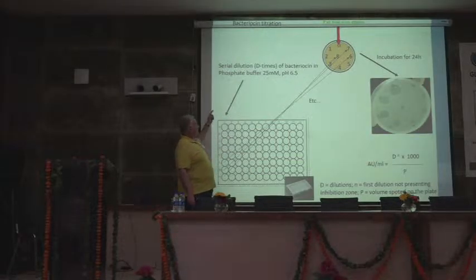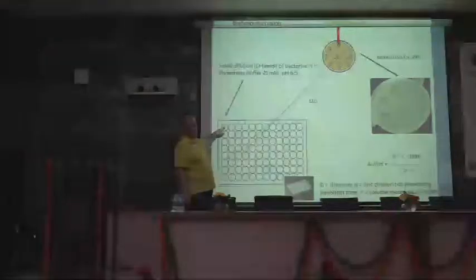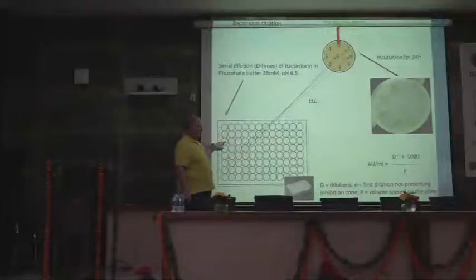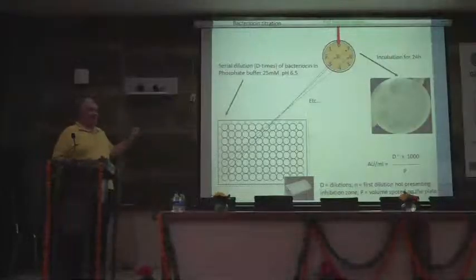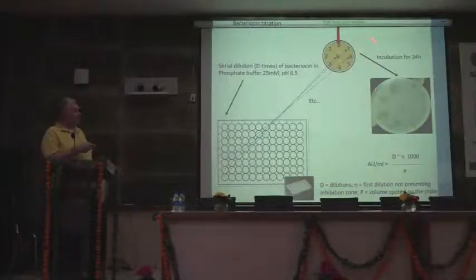Then you take your bacteriocin, your supernatant, and you put the same volume. If you put 100 microliters, you take 100 microliters of the supernatant. Mix, pass 100 here. Mix, pass to the next. Mix, pass to the next. So you're doing 2-times serial dilutions, and then from each dilution you will spot on the plate,